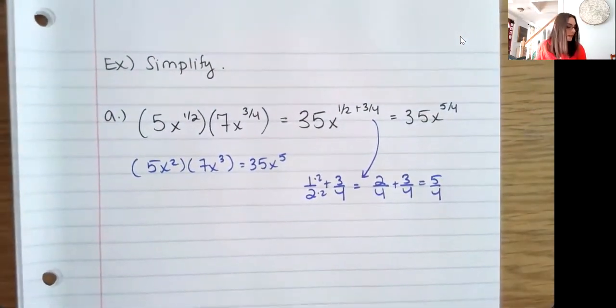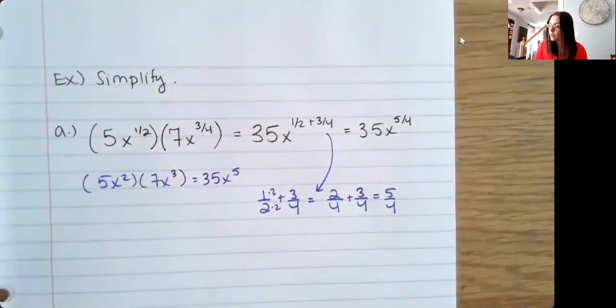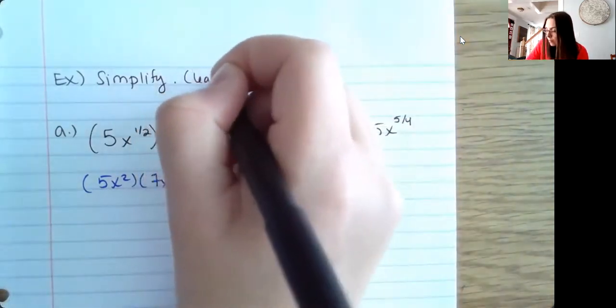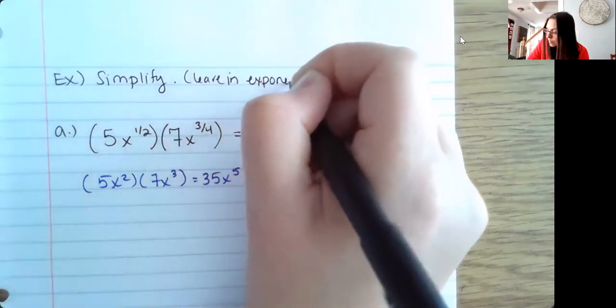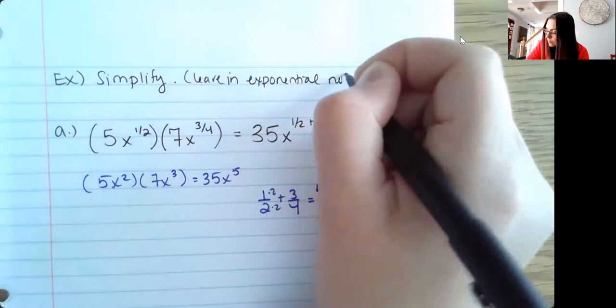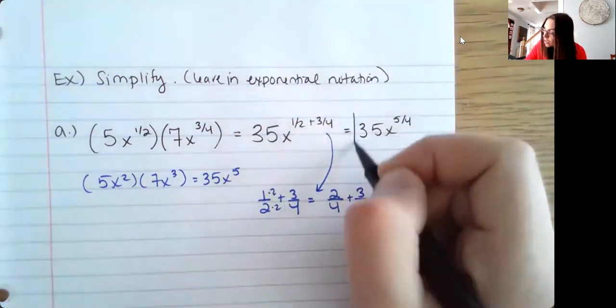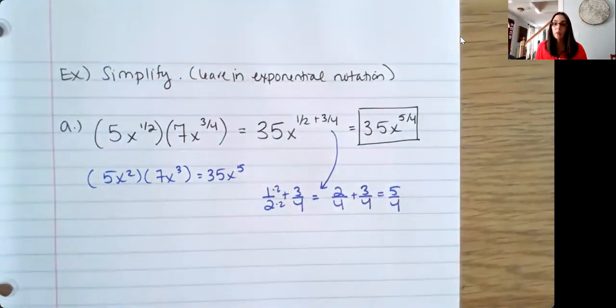Okay. And then in this case, we can go ahead and leave it. So sometimes they'll ask you to leave it in exponential notation like this. And here, if we left it in exponential notation, then we would be done. Or other times they may ask you to change it back to the root. So you could also go ahead and change this back to the root form